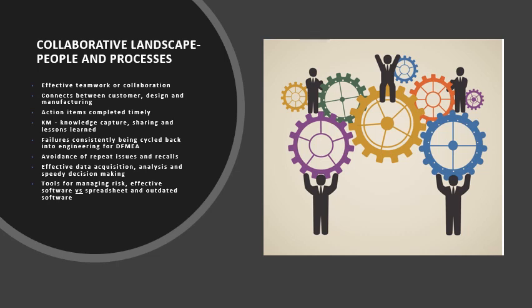So we need to make sure that people and processes, as you said, we look at a collaborative landscape. We need to have effective teamwork and collaboration. We need to be able to connect the customer, the design, and manufacturing all together so that we can all work as little cogs in that wheel. We need to make sure that when we have the FMEA, the action items are closed out. We need to use this as a